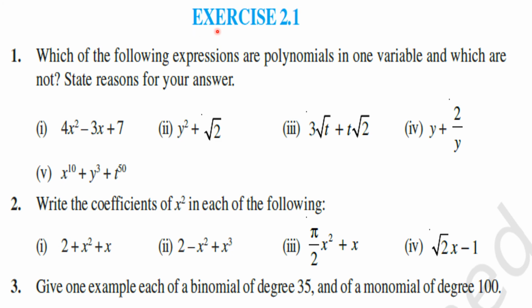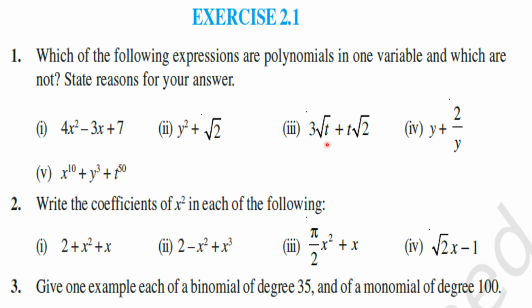Now, I hope all of you did yesterday's worksheet that I gave you. Still, if you are not able to do it, let's take the questions one by one and take some examples, because they are very easy now. Which of the following expressions are polynomials in one variable and which are not? Very easy. We just have to see the number of variables. In this case, there is only one variable, that is x. In this case, there are three variables, so it is not. Understood? Here the variables are x, y and t. I hope you can try the others also.